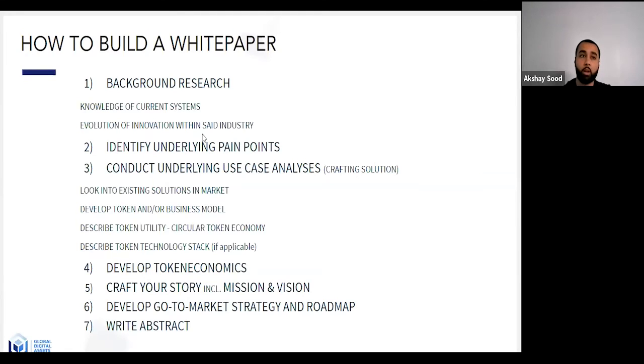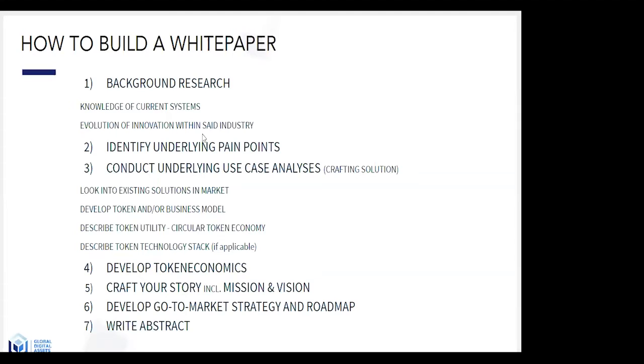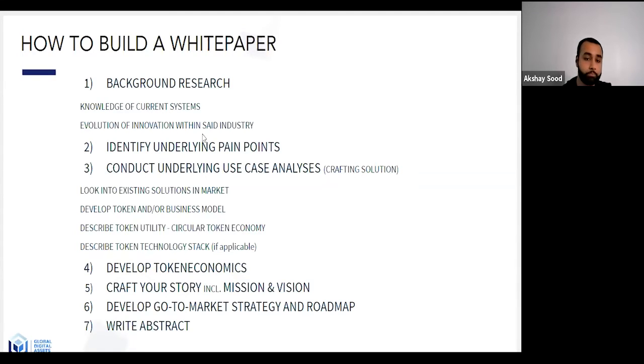There are projects out there, especially the case study that we are going to present to you, where they came to us with an underlying business model already. They had a fully functioning business model, and they wanted to create a token and go to market. And so we had to work together to identify the best strategy to do so without either model, the token model or the business model, cannibalizing each other, and rather working in unison to actually go to market.